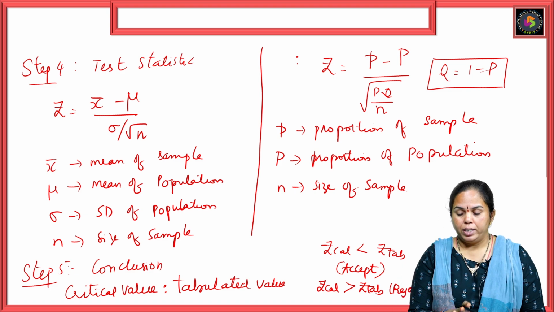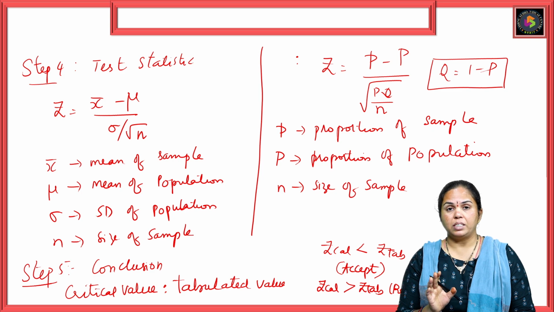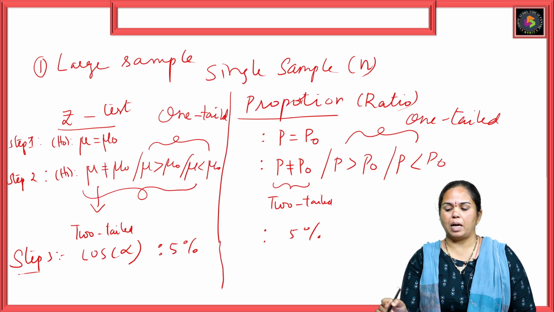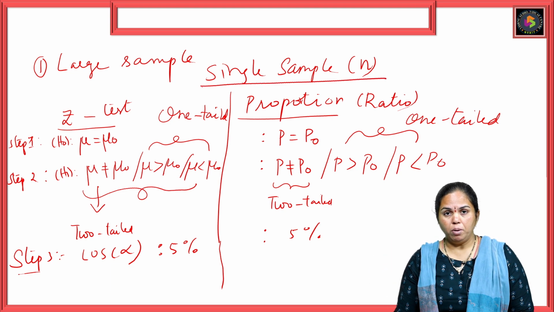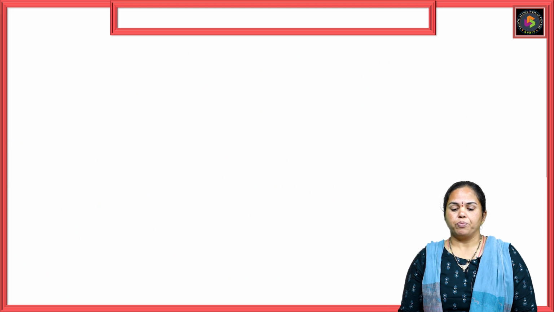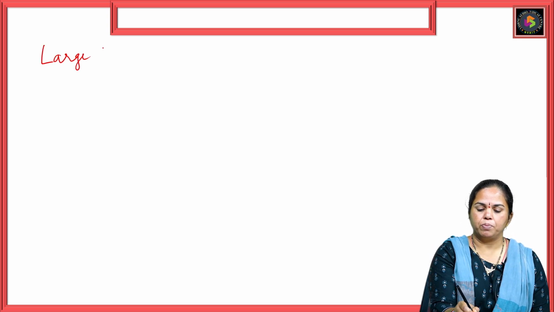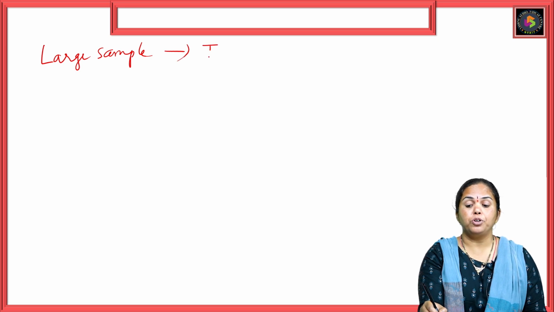So this is a description of a large sample with a single mean and single proportion. Whenever you have a single sample, this is the way you have to solve the problem. Next, when you have a large sample and you have two samples,